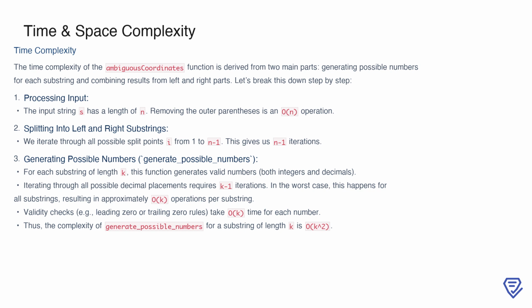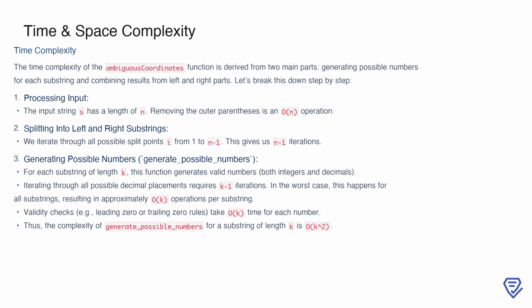In analyzing the time complexity of the ambiguous coordinates function, we start by breaking down the key operations. First, we process the input string s, where removing the outer parentheses is a straightforward operation that takes O(n) time. Next, we consider splitting the string into left and right substrings. This involves iterating through all possible split points, which results in n-1 iterations. Now, for each of these substrings, we call the